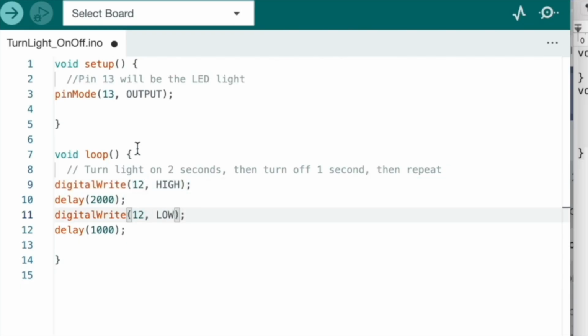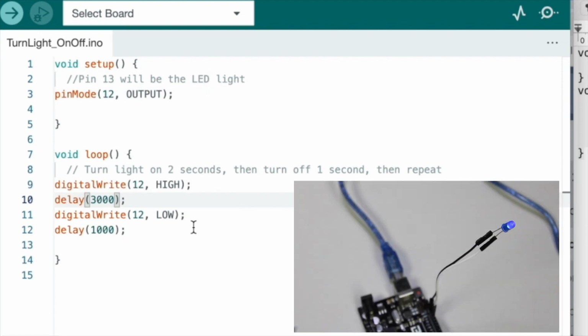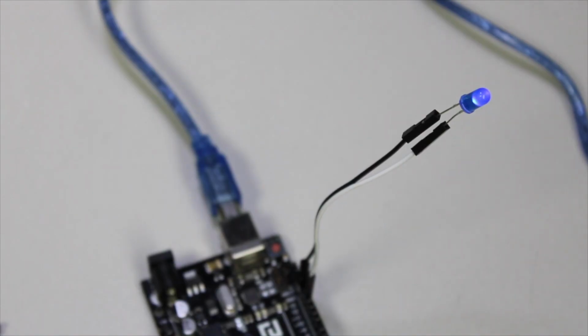We can modify this code. We could change the pin by changing 13 to 12 everywhere. We're also going to change the delay so you can see the code a little bit differently. So now we'll have the light turning on for 3 seconds and then turn off for 1 second, as it's showing right now. You can imagine that we would create a problem if we're always just changing a number 3